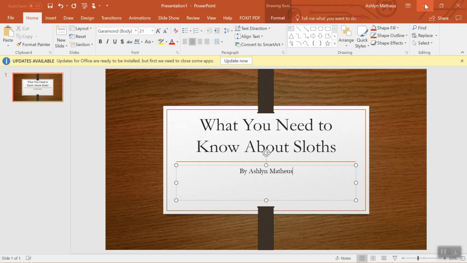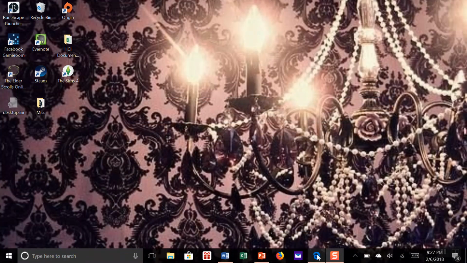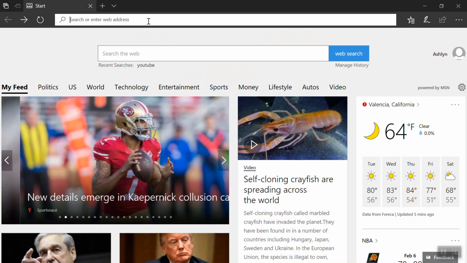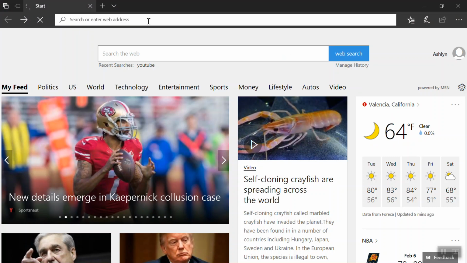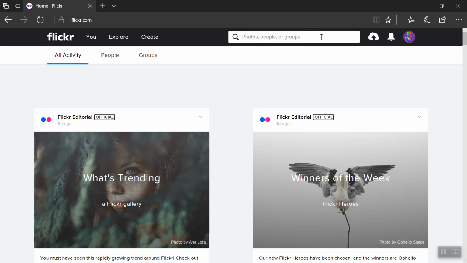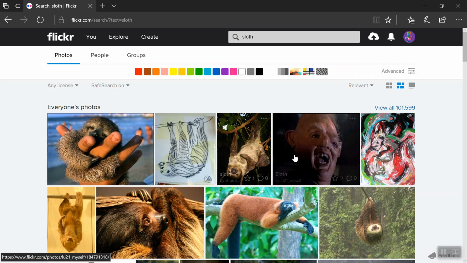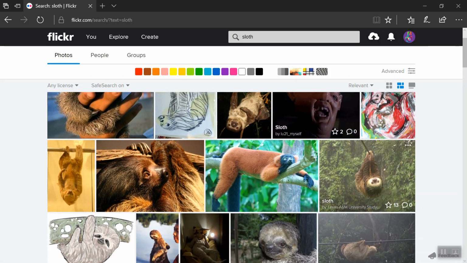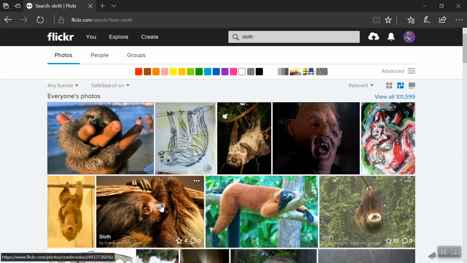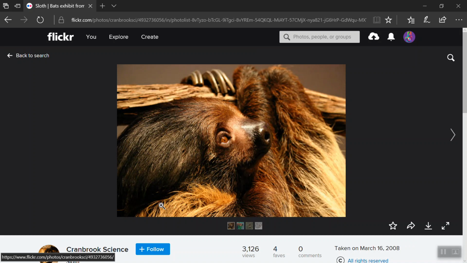So we are going to minimize that screen. We're going to bring up the internet. I already have the internet open because my computer takes a very long time to load it. So we are going to go to Flickr to find a photo. So once that loads, you go into the search bar, and we are just going to type in sloth. Easy as that. Now, because the PowerPoint slides are horizontal rectangles, we are going to try to